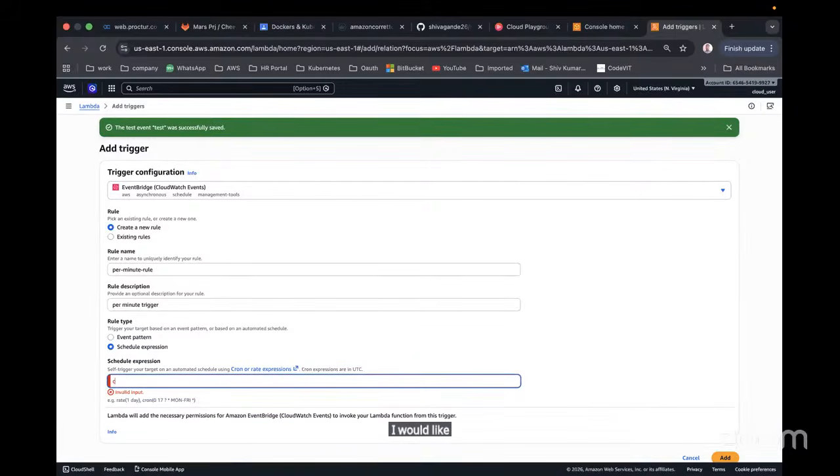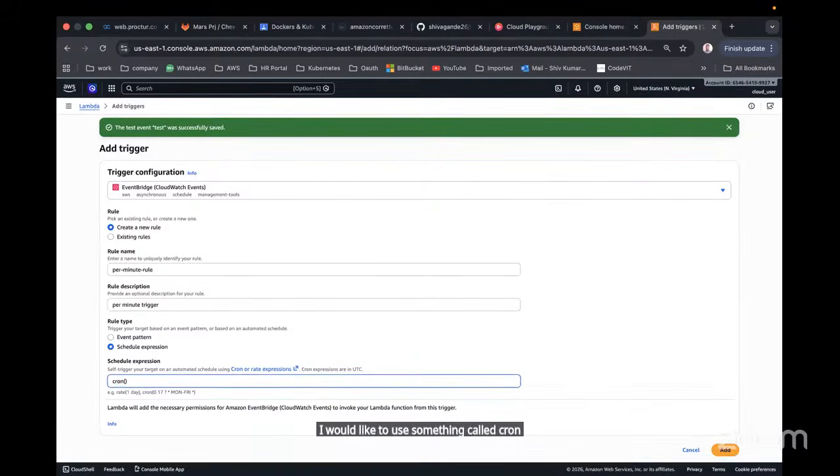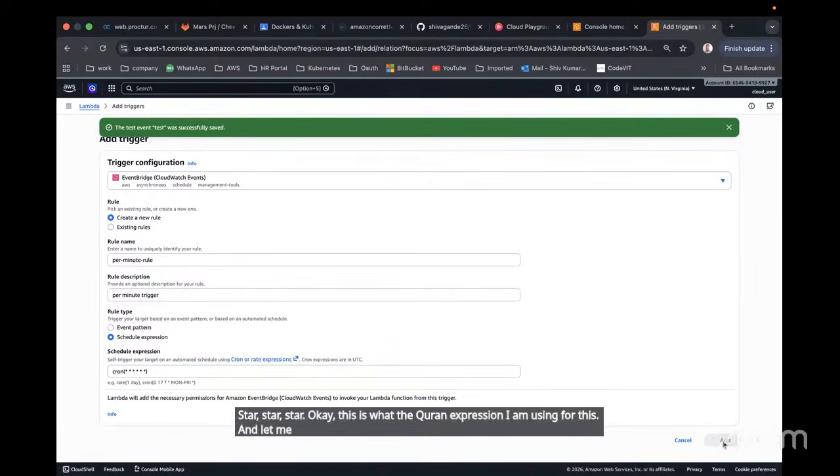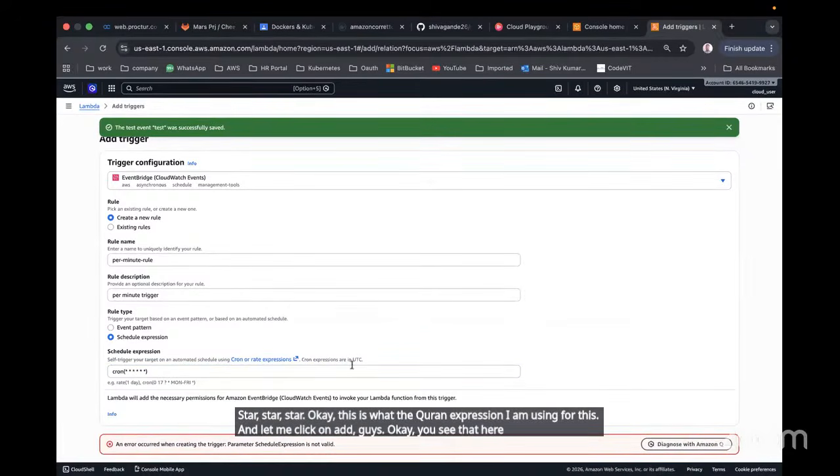I would like to use something called cron of star star star. This is the cron expression I am using for this, and let me click on add, guys. You see that here I have added a